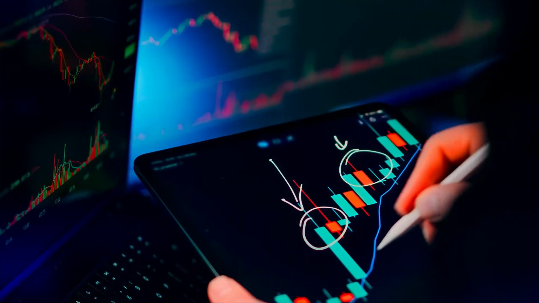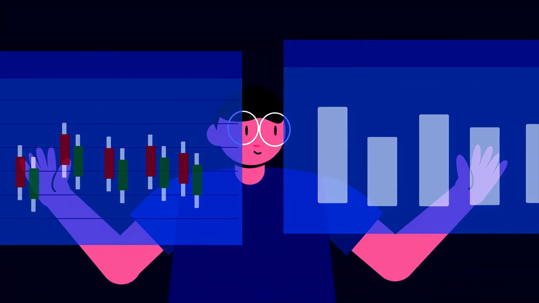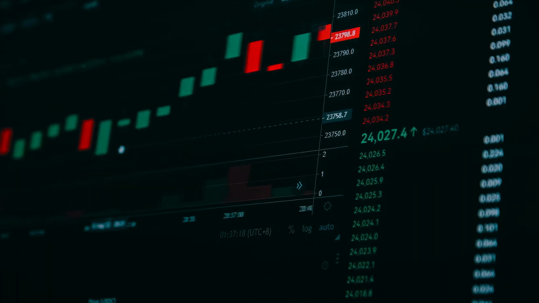Alright guys, let's talk about one of the most important topics, which is technical analysis. Technical analysis means the study of price movements using charts. Or in simple language, I would say we judge future price movement based on how the market has performed earlier, like what the future price can be, what trend may form, and what kind of market output can come. So by studying price charts, we try to get an idea about future price movement.